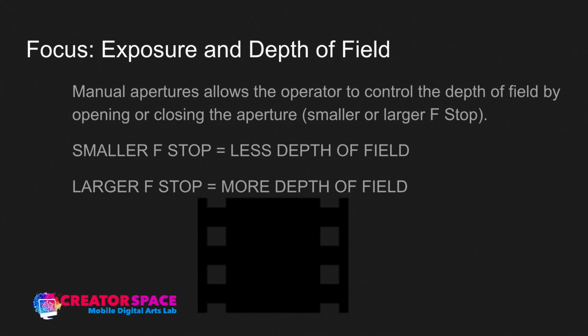So, exposure and depth of field. Manual apertures allow the operator to control the depth of field by opening and closing the aperture, smaller or larger f-stop. So here's just a quick overview from things that we talked about in previous sessions. Smaller f-stop, less depth of field. So smaller f-stop means it's closed more. Just as I showed you the lens when it's closed all the way,